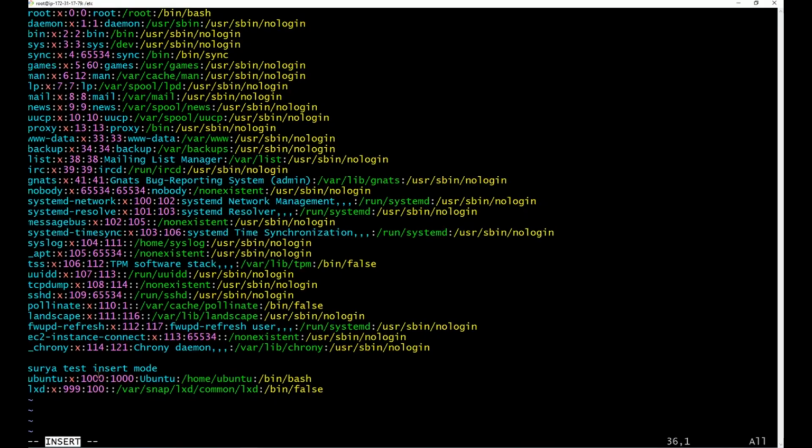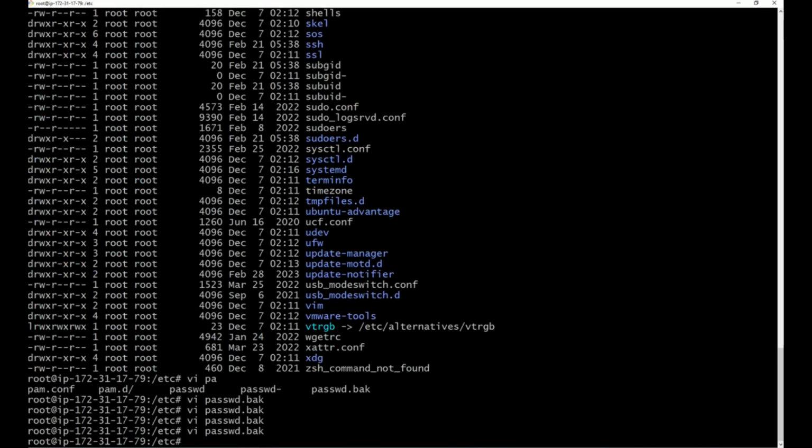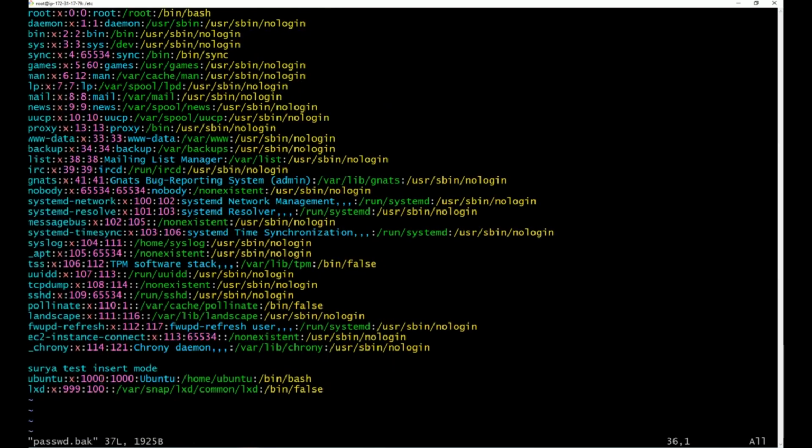So if I want to save this file with the line I have entered, what is the command? Colon WQ. How can I confirm the file has been saved? I can go back to the file again. Look at this, it has saved. Now I will remove whatever I have done. I will go to insert mode, take my cursor there and then